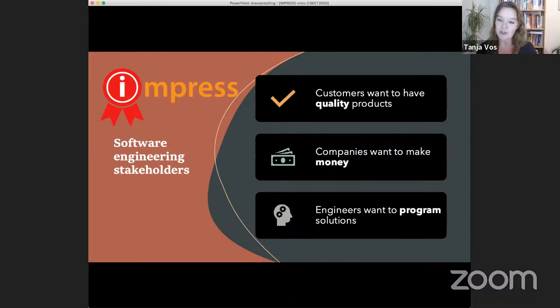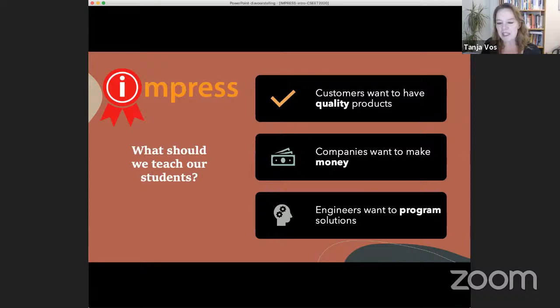we look at the software engineering stakeholders and decide what we are going to teach our students. If we look at the stakeholders, there are basically the customers, the users of software, that obviously want to have quality products without a lot of software failure. Then we have companies that make software, and these companies just want to make a lot of money with the software they make. And then we have the engineers, and the engineers want to program their solutions. Looking at all these stakeholders and all the needs and desires they have, we have to find out what should we teach our students to make sure that everybody can get out of this what they want. So